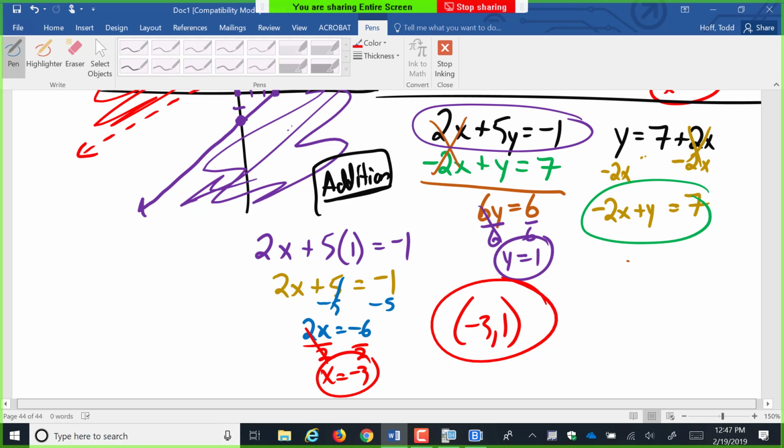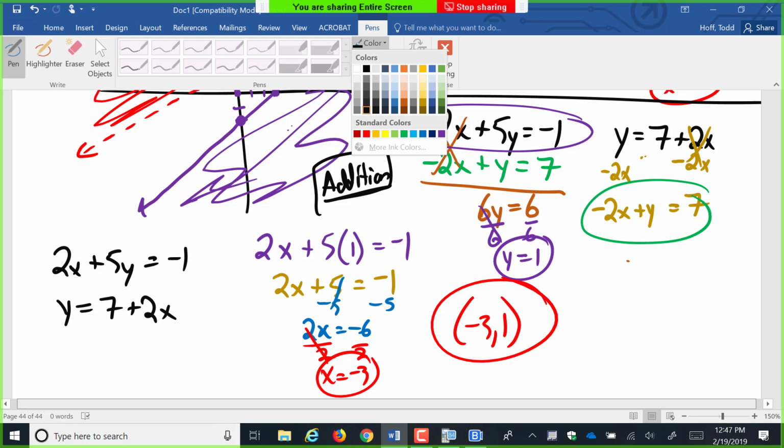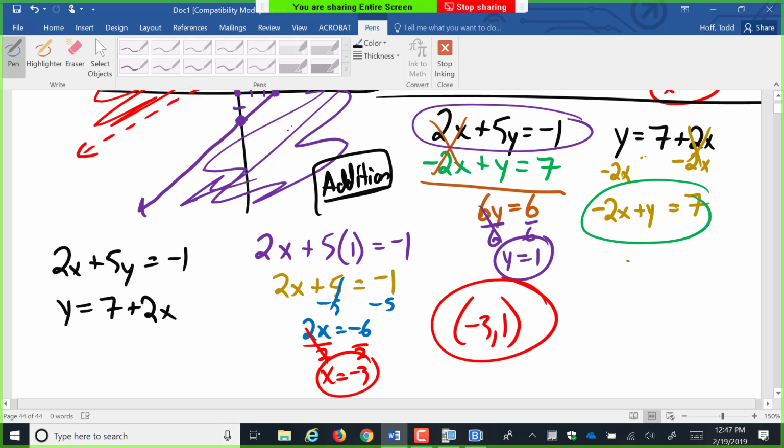Now on these, it's going to take a while, but it's not a terrible way to do it if you're stumped. If you have 2x plus 5y equals negative 1 and y equals 7 plus 2x, you can pick a value for x and see what happens. You might say, well, what if x equals 1? If x equals 1, I'm going to use the bottom one first. y would be 7 plus 2 times 1,